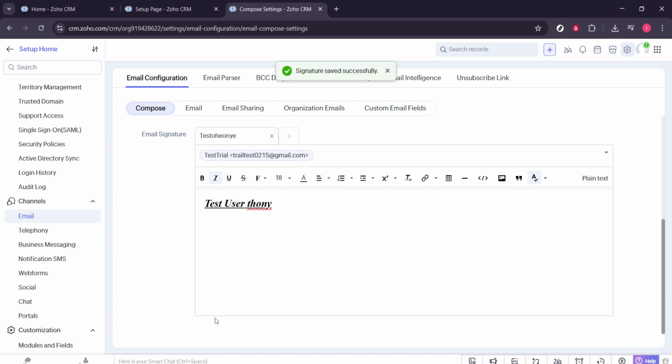Your new signature will appear in the list of available signatures and will be applied to emails sent from the address you selected. If you ever need to tweak the design or update details, return to the same Email Compose settings area to edit or replace it. That's it. Your Zoho CRM email signature is